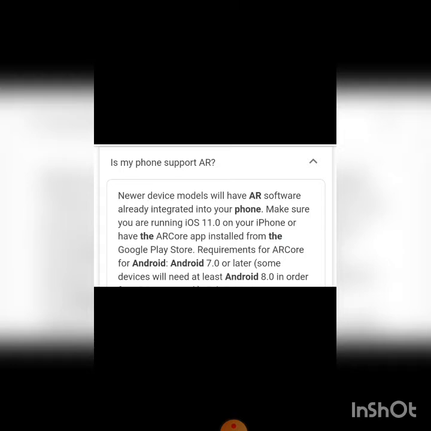Almost all mobiles install it automatically, but if it is not there, you need to install it. If you are using a normal Android phone, you need Android 7.0, and some devices will support Android 8. At least Android 7 or 8 versions are needed to support augmented reality, and you need to install the AR Core app from your Play Store.